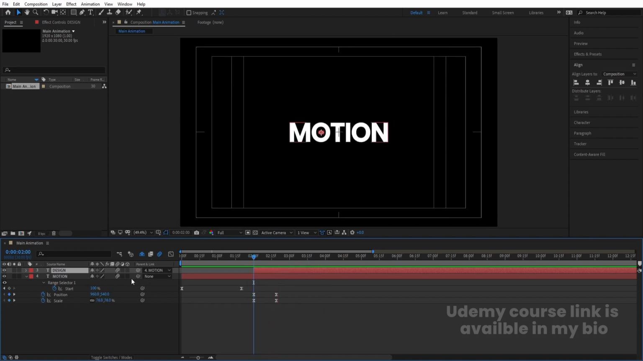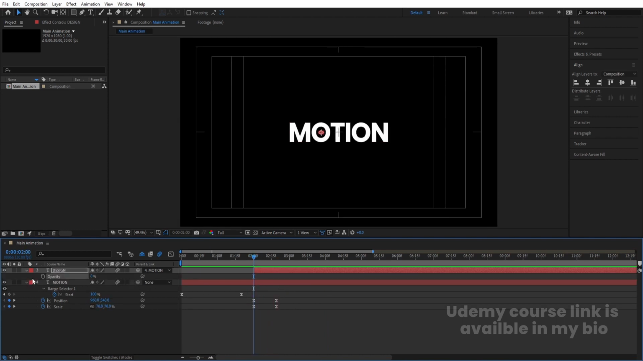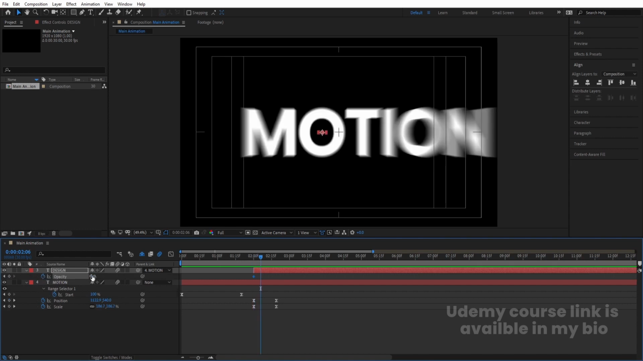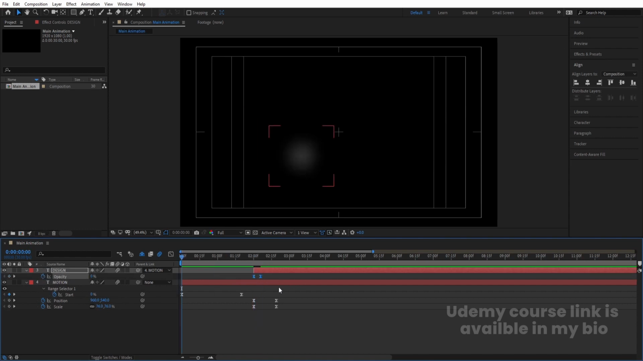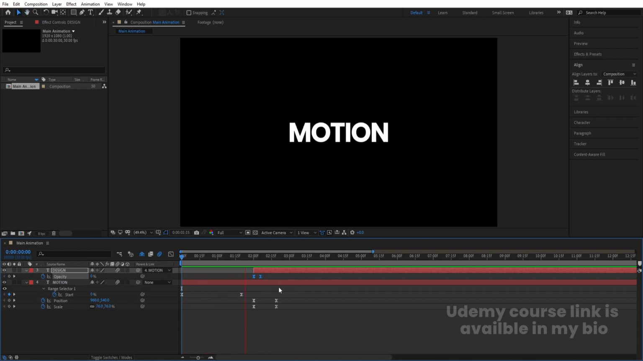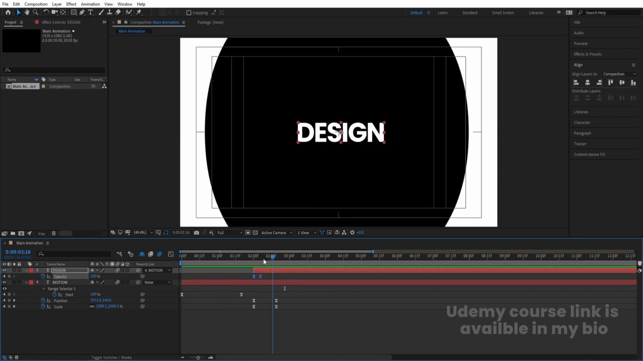Now select this, press T for opacity. Initially let's make it 0, create one keyframe, go a few frames forward and then make it 100. Select those keyframes and hit F9. So if you see this animation from the start, first I'll get this, then this, like that. So with the help of this kind of technique you can create zoom in zoom out effect again and again